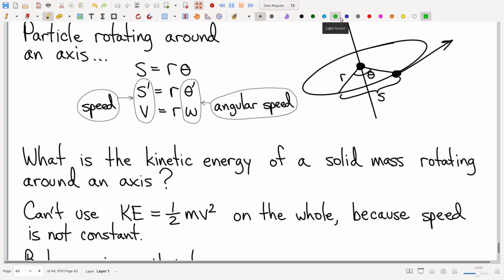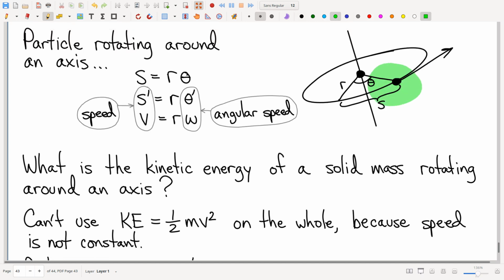Okay. All right. So here's the harder question. Let's suppose I don't have a point mass. Let's suppose I have a lump like that. And this entire lump is rotating around that axis. So this entire lump is moving. Okay, well here's the thing. This little piece of mass right there,